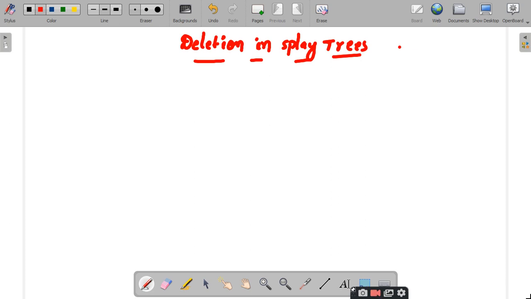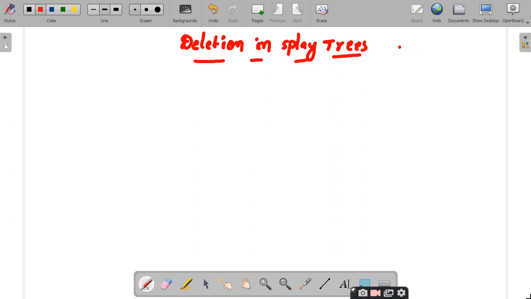In the last session we discussed the concept of inserting an element in the splay tree. We took a list of elements and inserted each and every element, and after every insertion you make a splay operation, right? The same is the case with deletion also. In this session we will discuss the deletion of a node from the splay tree, and remember that the splaying remains the same, right? So every deletion operation should be followed by a splay operation.